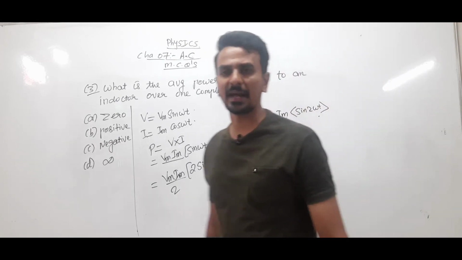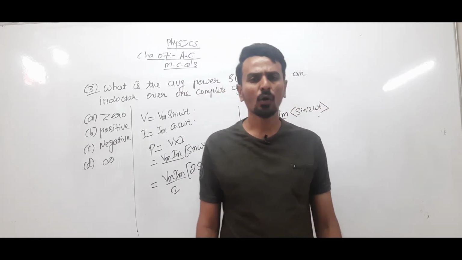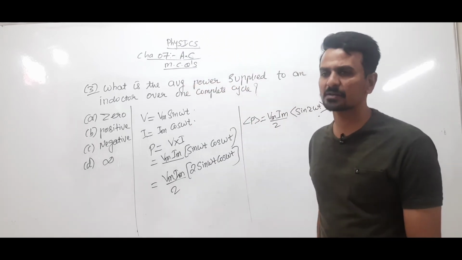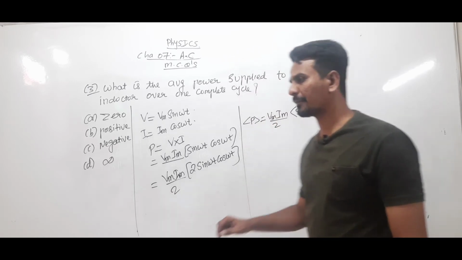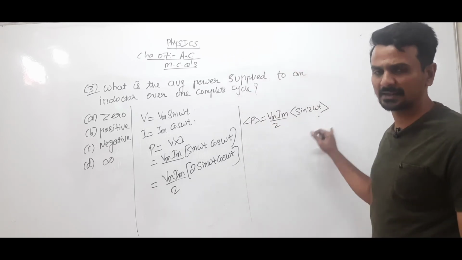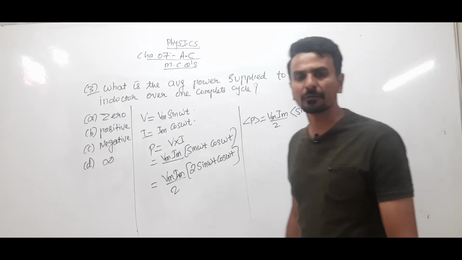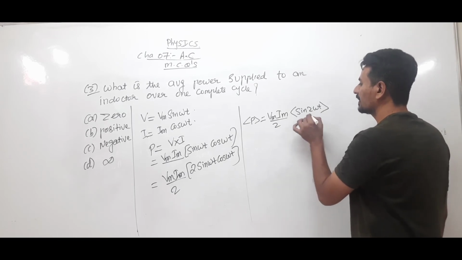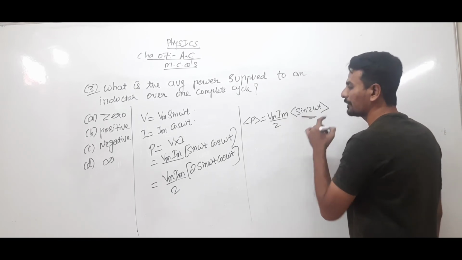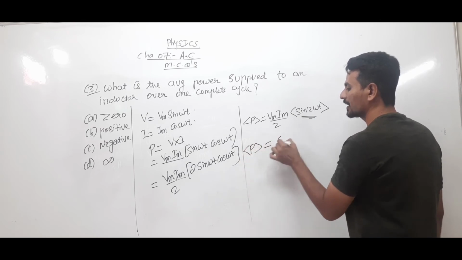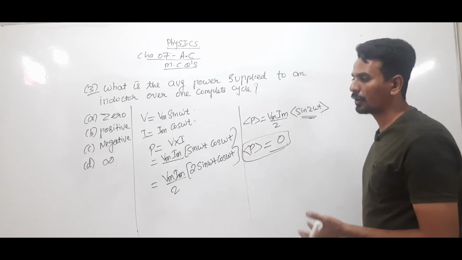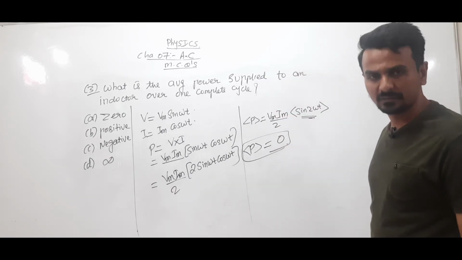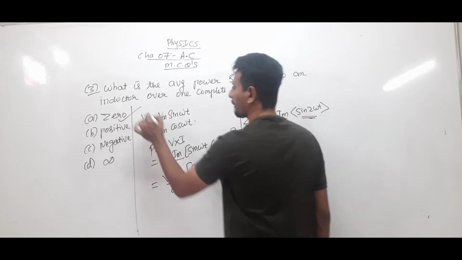Now the average of sin theta or cos theta over one complete cycle will always be 0, right? We can prove that, but it is not required over here. So the average of sin 2 theta, cos 2 theta, sin theta, cos theta will be 0. Yes, the average of sin square theta and cos square theta will be half, right? So the average of sin 2 omega t will be 0. So power consumed by an inductor, or power supplied to an inductor, over one complete cycle will always be 0. Clear? So this is the option.